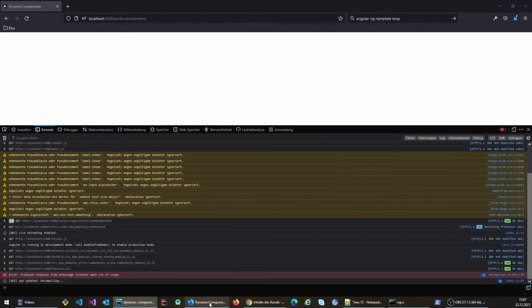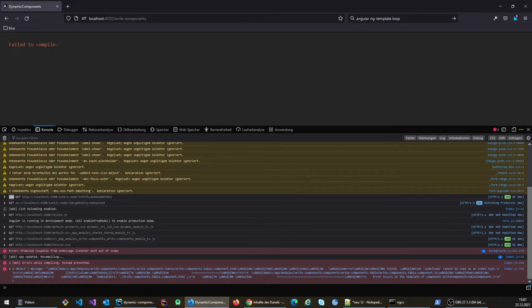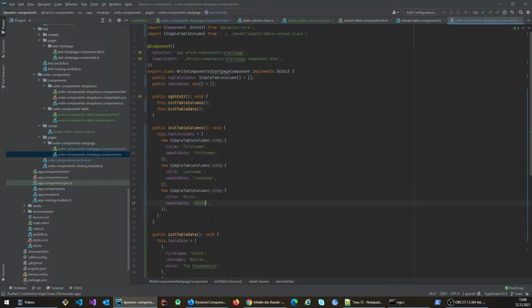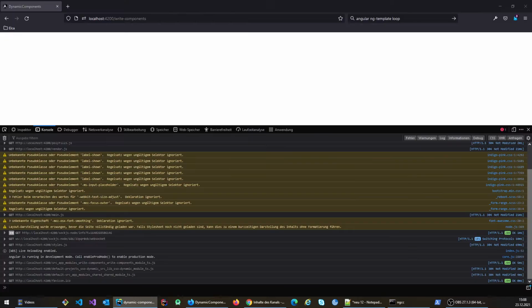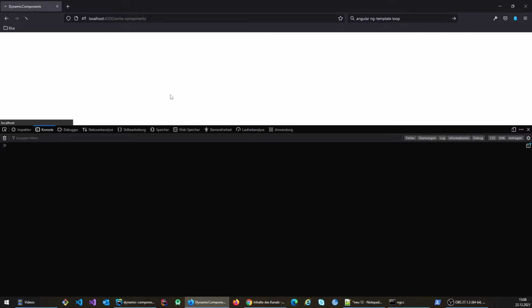And if I save that and I go back to the page, it currently fails to compile. I have to figure out why that is the case. Okay. Yeah. So it tells me that in the table thing here, name data is optional, so the entry might also be optional. So I just go back here, and in case it's not defined, I also have to do it here for the moment. This compiles, so we go back, and in theory,